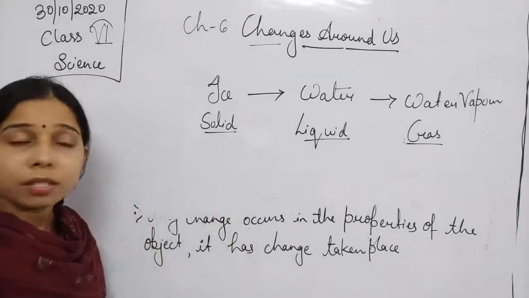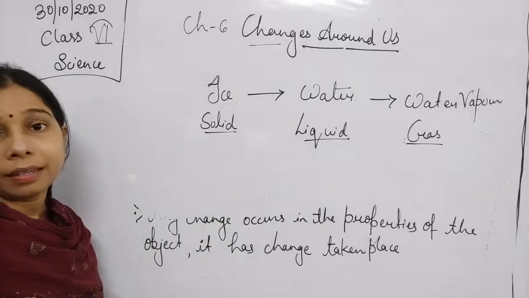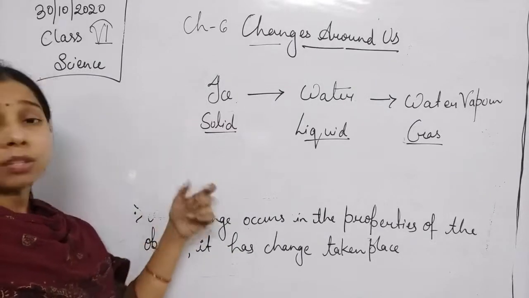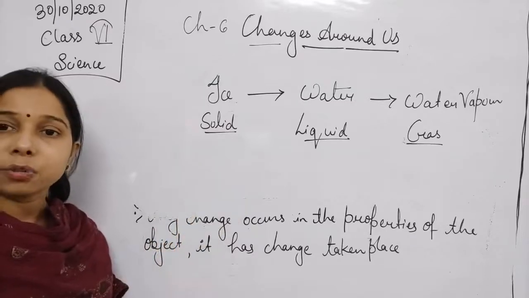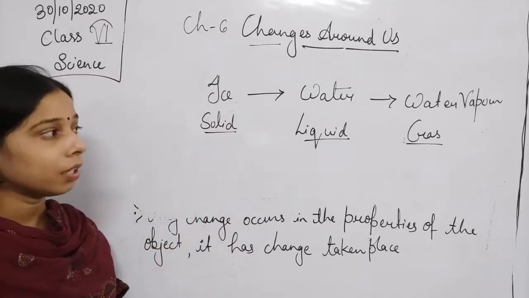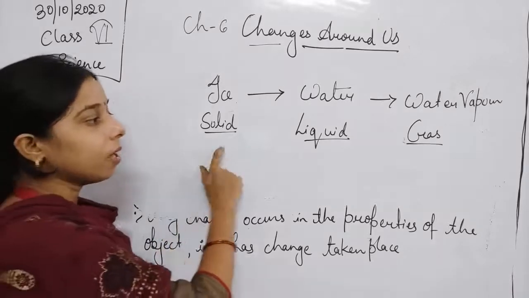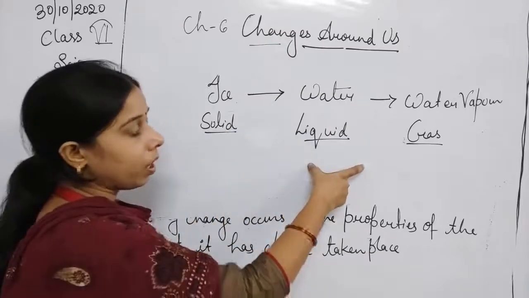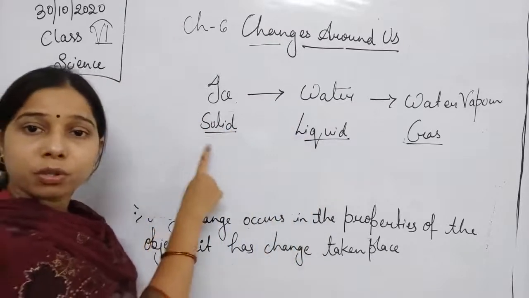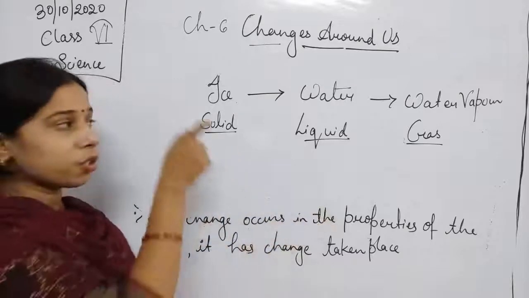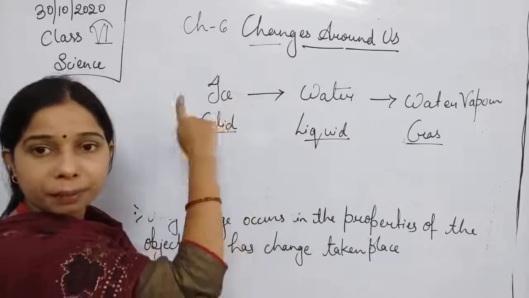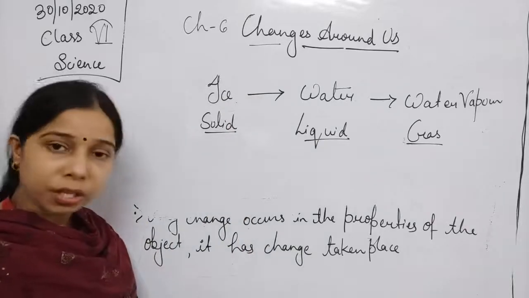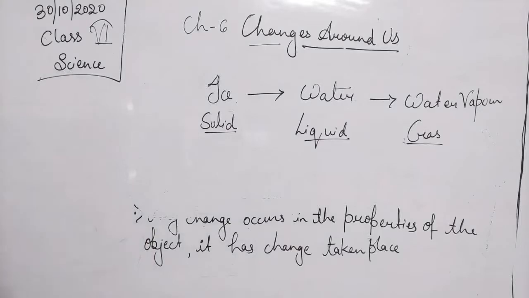So you see here, students, there is a change in the property that makes the change. Okay, ice is in the solid state and state defines its property, and when it melts it becomes liquid, means solid state changes to liquid. So there is a change in the property from solid to liquid that makes a change in ice to water, conversion of the ice to water. Okay, so we can say that any change in the property makes the changes in itself.